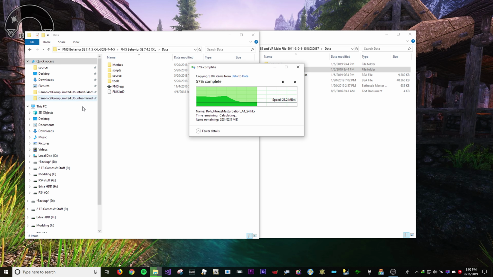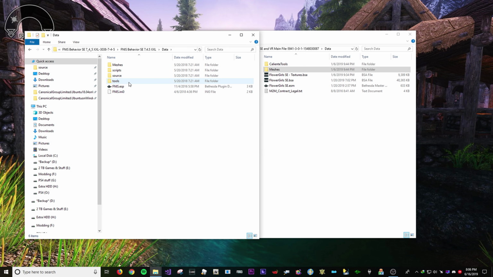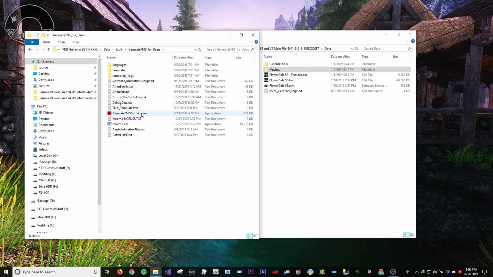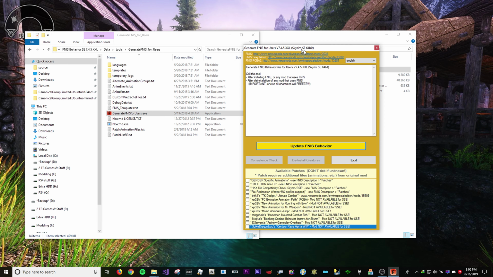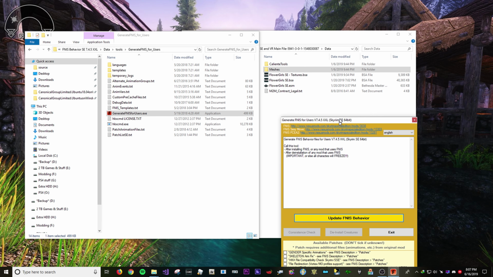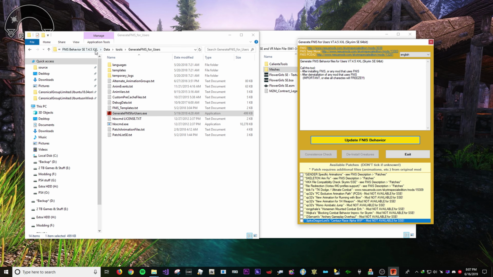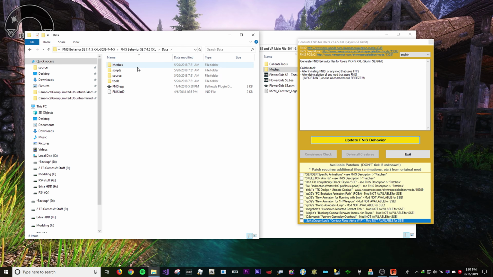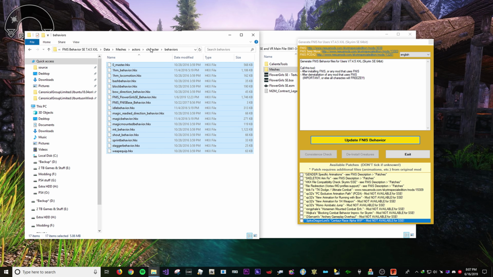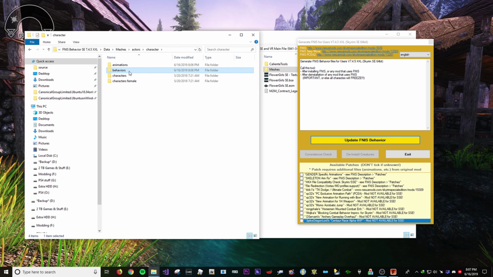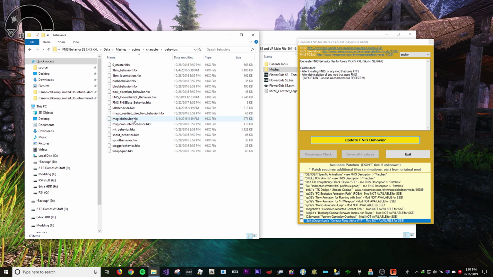This is going to take some time because there's animations, and you're also going to go to Tools, Generate FNIS for Users, and you want to run GenerateFNISforUsers.exe. Once you have that, you can go back into the Generate FNIS and make sure that the behavior is there. There should be some there, and if you see your mod,